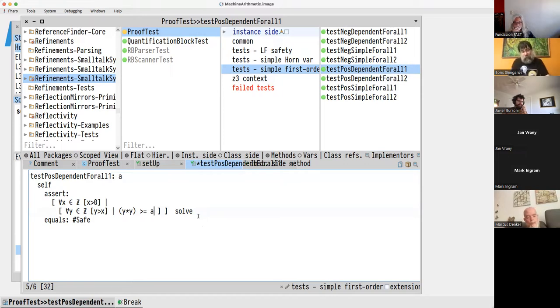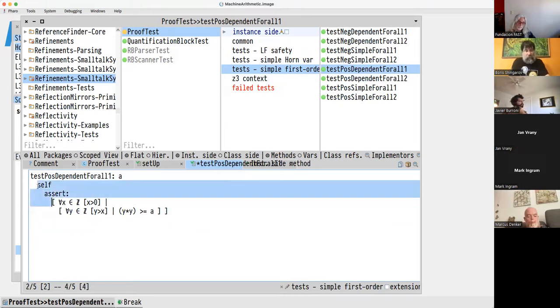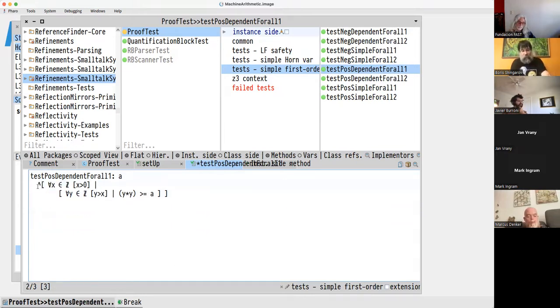But if it were not a test but a method, and you say, okay, I want to just return it, I can do that too. Well, now I have a method that returns a